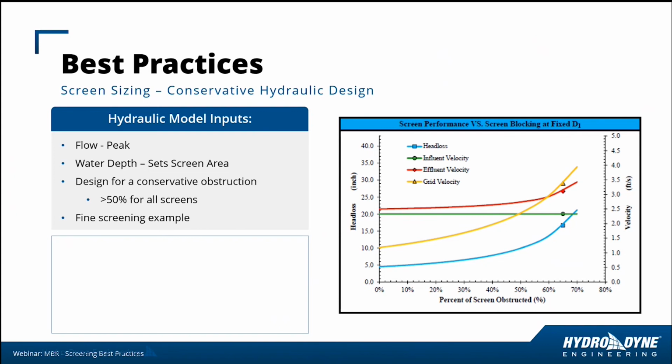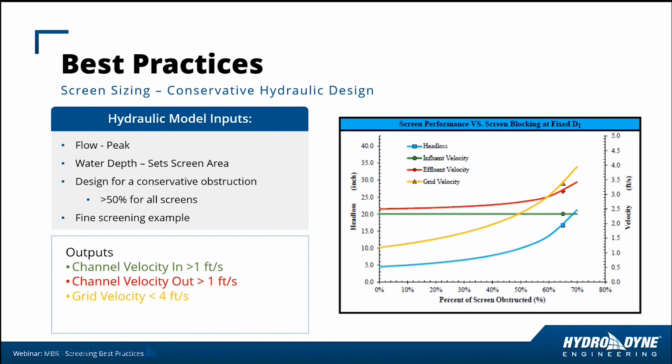And then we design for a conservative obstruction. So it's important that we develop calculations for screening and head loss, so that here in this case, if we look at variable screening blockage, we can understand the head loss as the screen gets blinded. And it's important to note the green line is the channel velocity. That's greater than 1 foot per second, and that's used such that grit does not accumulate in front of our